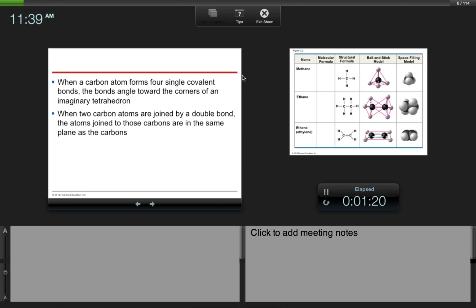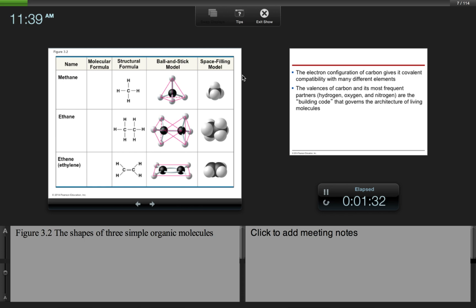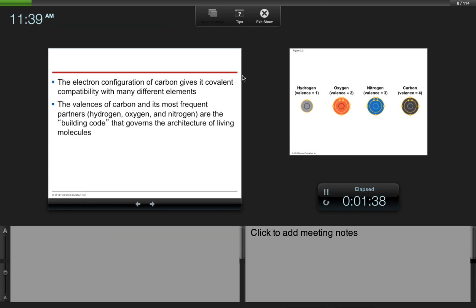When a carbon atom forms 4 single covalent bonds, the bonds angle toward the corners of an imaginary tetrahedron. When 2 carbon atoms are joined by a double bond, the atoms joined to those carbons are in the same plane as the carbons. So this just looks at different shapes of carbon-based compounds. The electron configuration of carbon gives it covalent compatibility with many different elements. The valences of carbon and its most frequent partners, hydrogen, oxygen, and nitrogen, are the building code that governs the